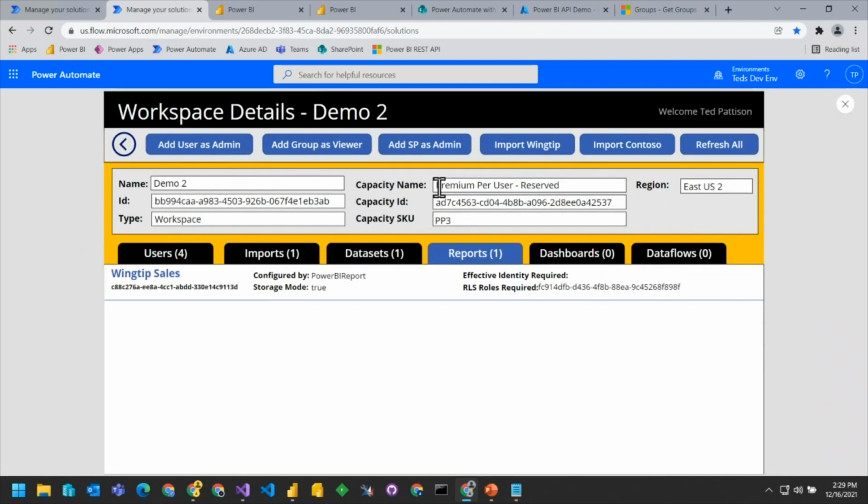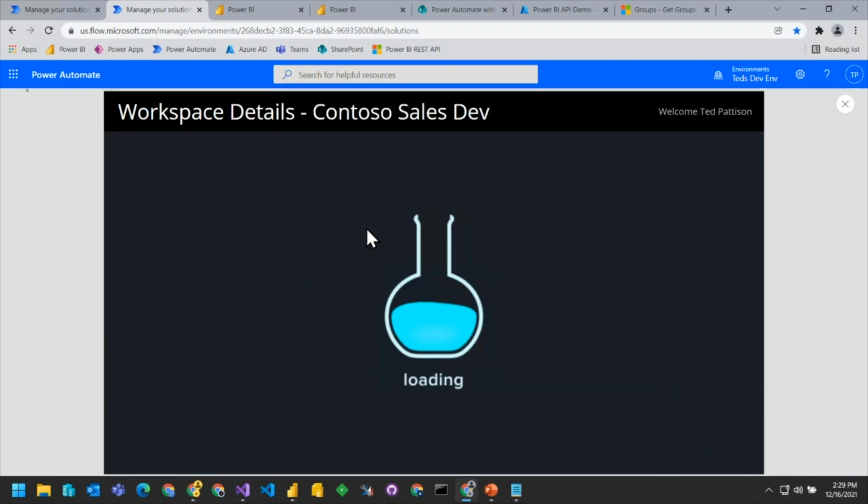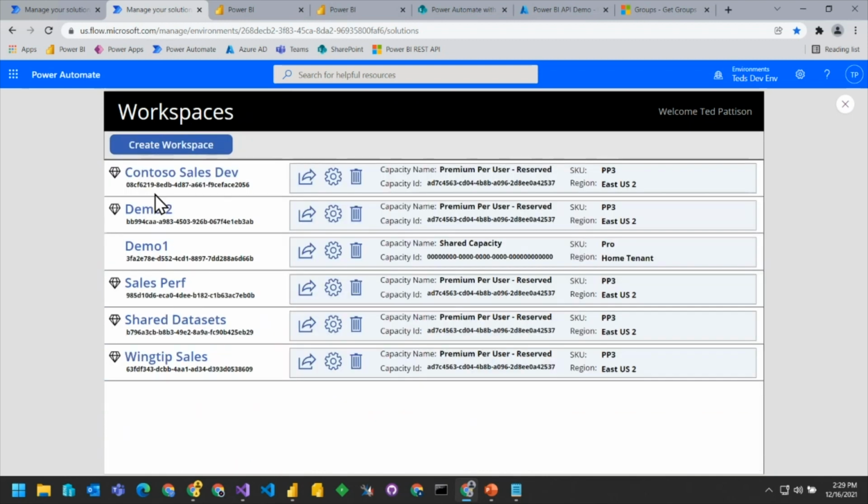Now, let's look at a little bit more. Let's go back here and look at one of these workspaces that I created earlier. So I want to come back up here. And now when this runs, the idea is you pick a workspace on the first screen. Let's go back here one more time.